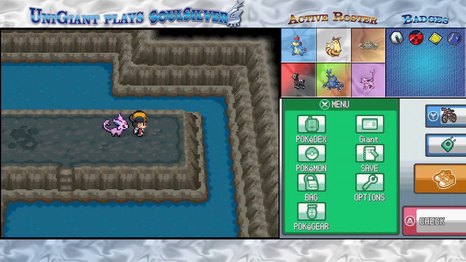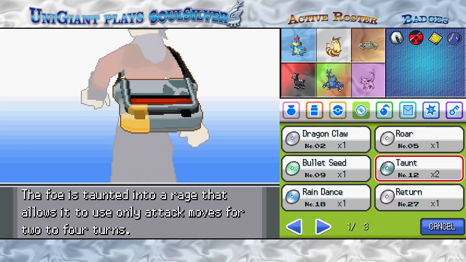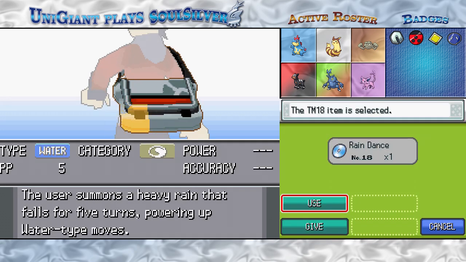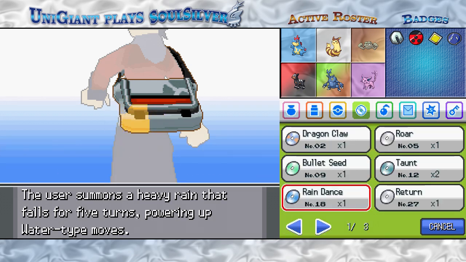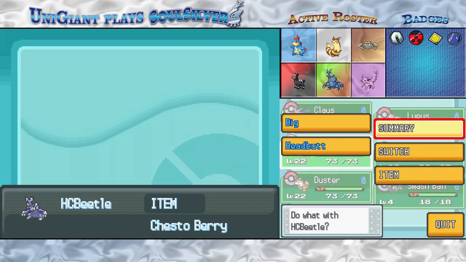Now, like I mentioned when we first escaped from the Union Cave, Rain Dance is a weather effect that lasts 5 turns, powers up water-type moves, cuts the strength of fire moves in half, and ensures certain moves like Thunder will hit with 100% accuracy. I don't really have a use for it right now, so I think I'll just dig out and...